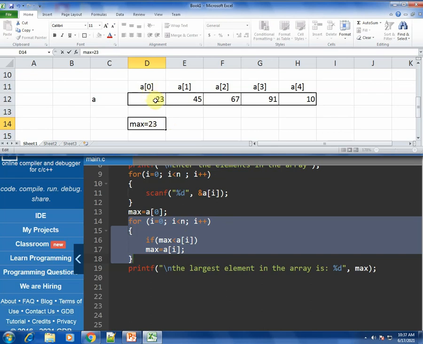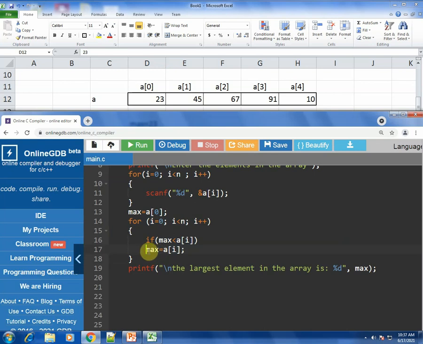So is max less than 23? Actually what is max? Max is also 23 and what is present in a of 0 is also 23. So it is not actually less than, it is equal to. So because of which this line will actually not get executed.